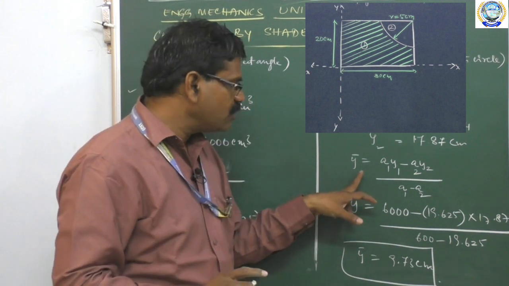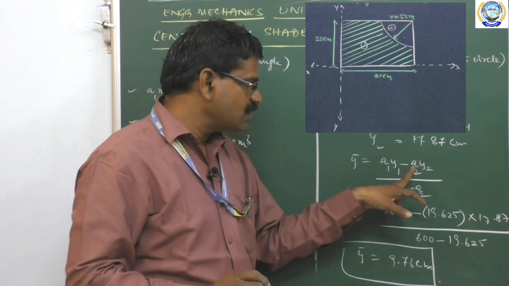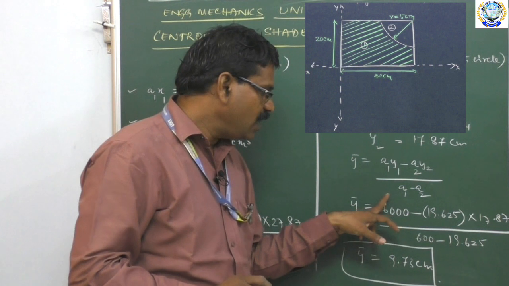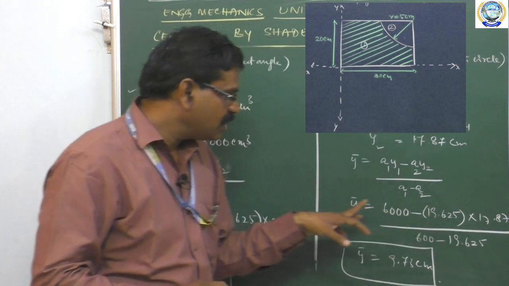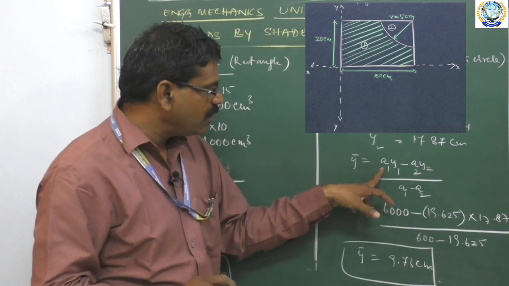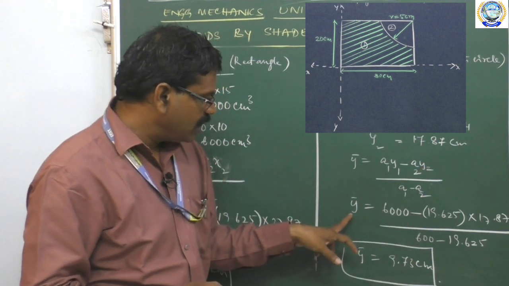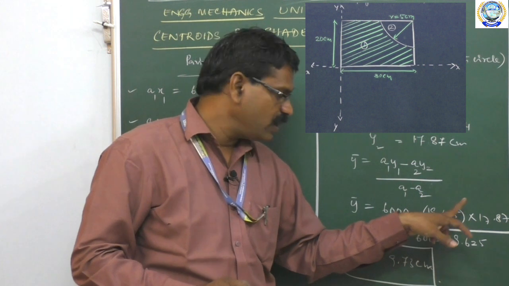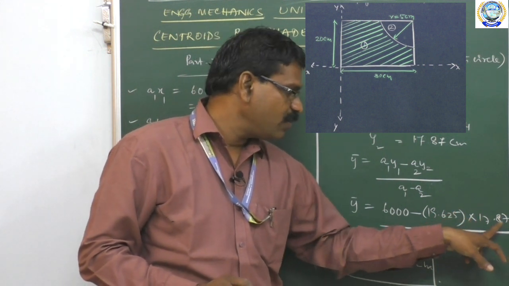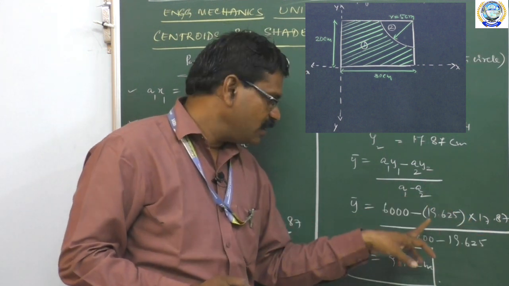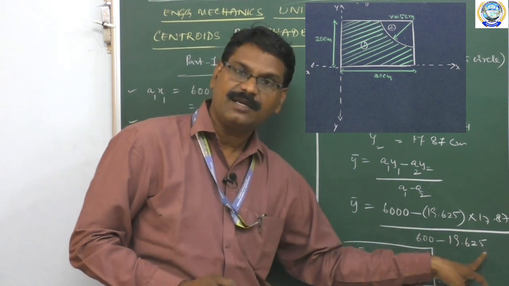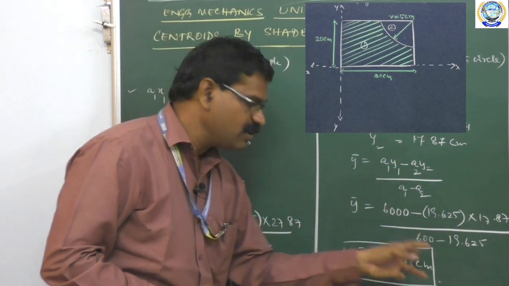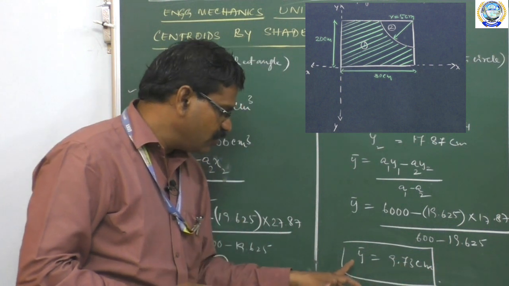Therefore, to find y bar, it is equal to (A1 y1 minus A2 y2) divided by (A1 minus A2). Substituting the relevant values of A1, y1, A2, y2 here, I will get y bar is equal to 6000 minus 19.625 into 17.87, which is the value of y2, divided by A1 minus A2. After simplifying the total calculation, we will get y bar is equal to